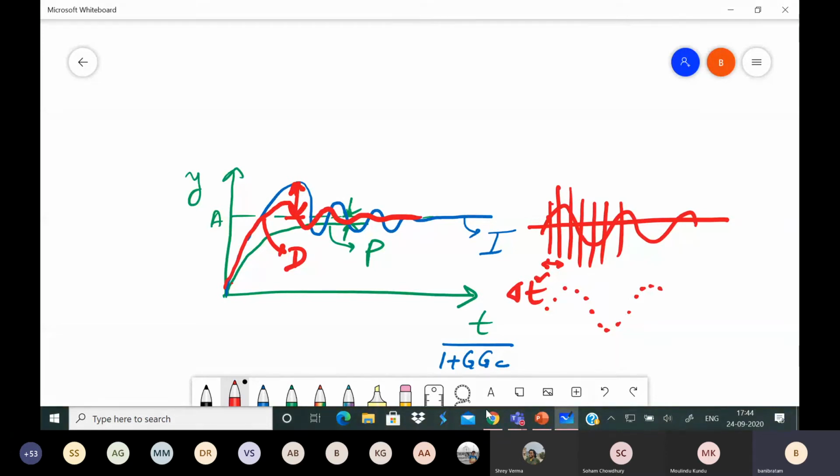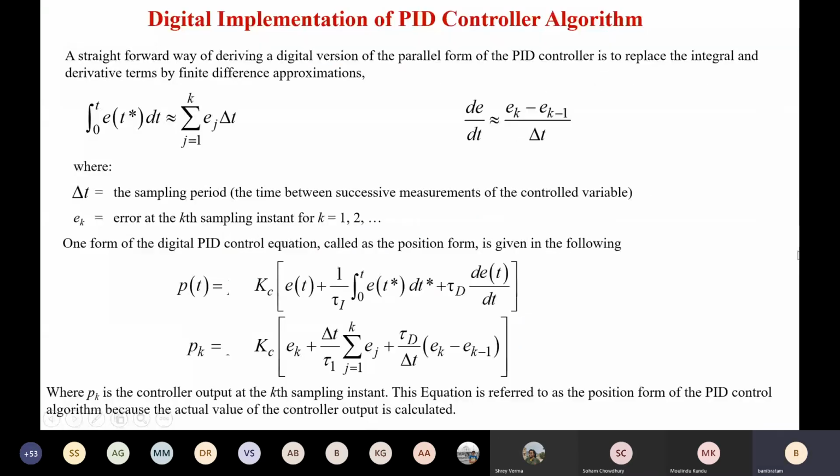You might have studied about this normal analog logic and digital logic in class 2 as well. So integration of discretization means I am discretizing the error with a certain time interval delta t, and suppose at 0 we call it e1, at delta t e2, at 2 delta t e3, and so on.